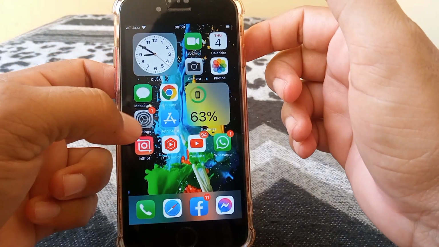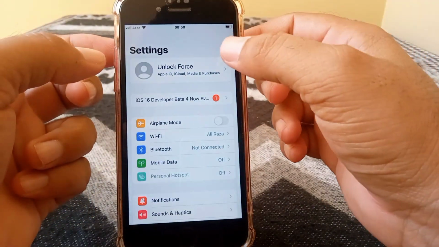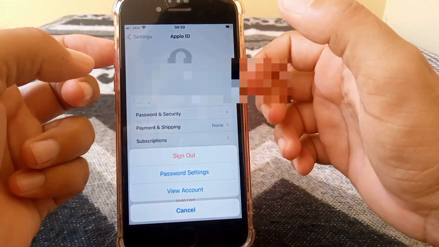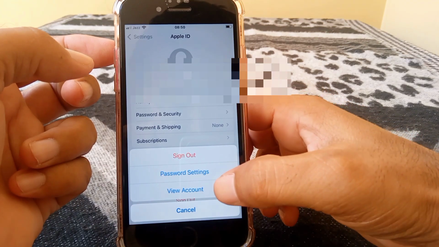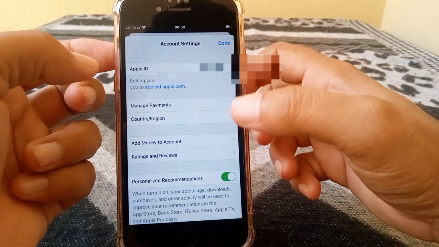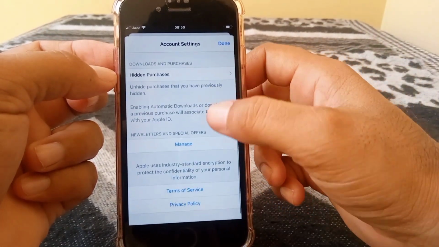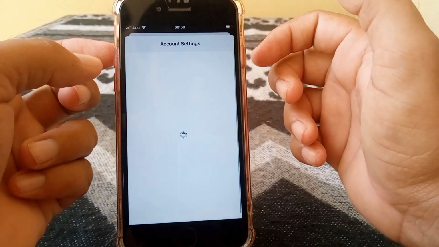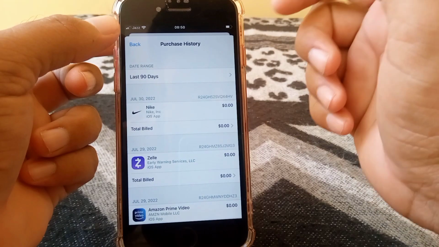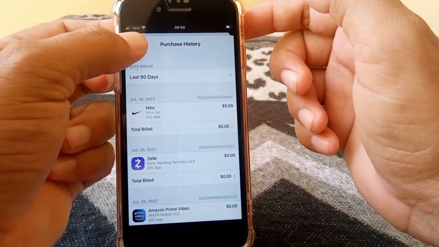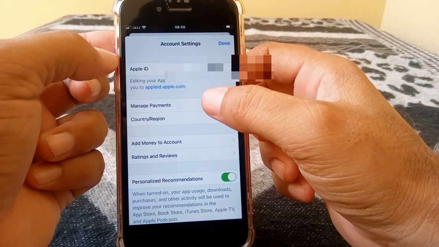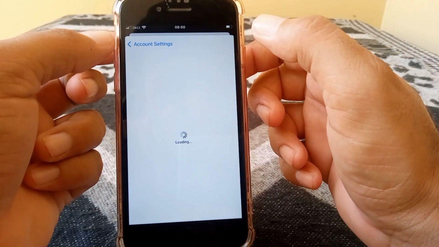For that, open up the Settings app on your device again, and then tap on your Apple ID banner name, then tap on Media and Purchases, and then tap on View Account. From here scroll down, and here is the purchase history. Tap on this, and make sure that you don't have any unpaid subscription here. If you have, please remove them or pay for them, and then go back. Then tap on Manage Payments,